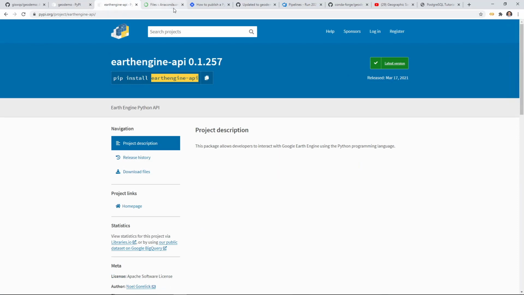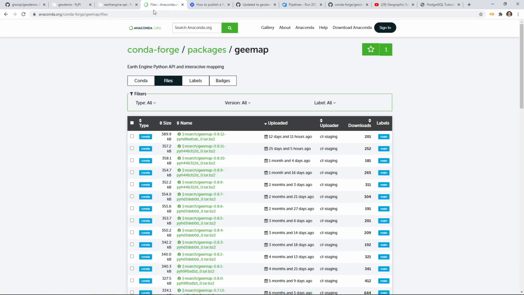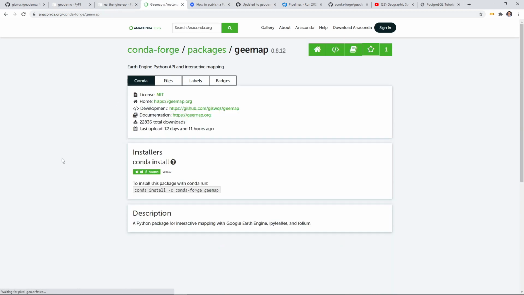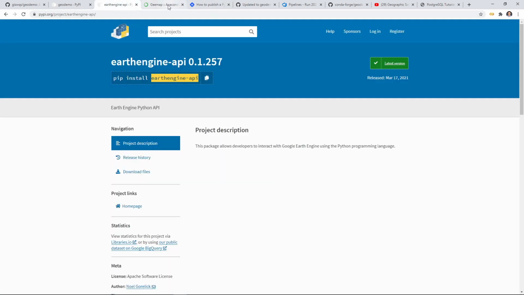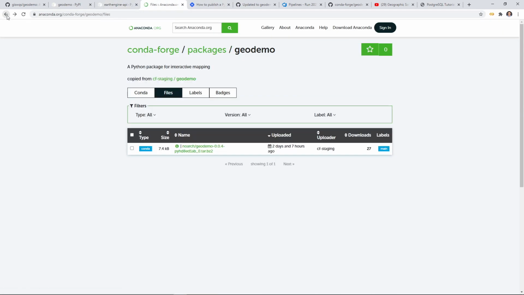Once you have the pull request successfully merged, your package will be updated automatically. So this is the whole procedure for how you can update your conda package. Not automatically, but you need to do something. If you wait for maybe a couple days, actually sometimes it can be updated automatically. So if you go back to the repository here,